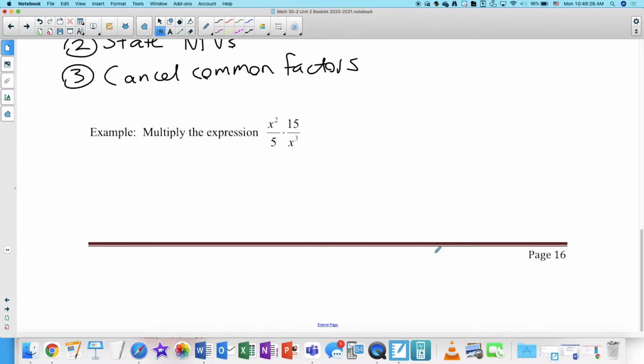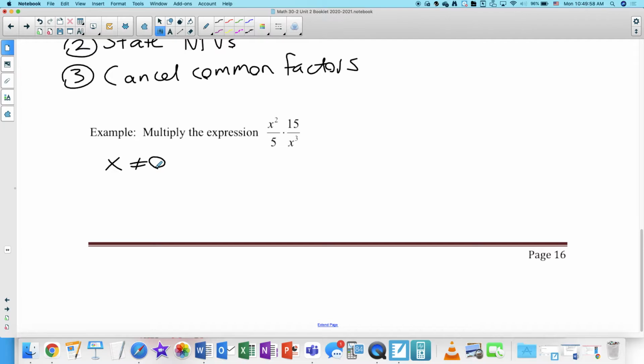So we have to think about now what are our non-permissible values. Yeah, 0, right? So if I look at my denominators, 5 is not going to give me any non-permissible values because 5 always equals 5. X cubed could equal 0 when x is 0. So my non-permissible values are that x cannot equal 0. Okay? All right, now,